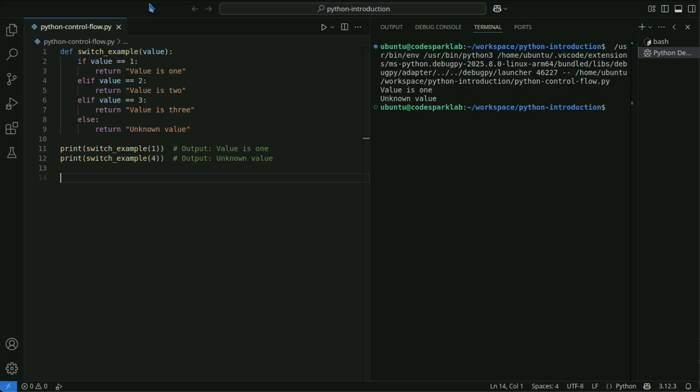By mapping functions or values to a dictionary, it's possible to create a structure similar to a switch statement. This is convenient when you want to perform different operations for specific values.